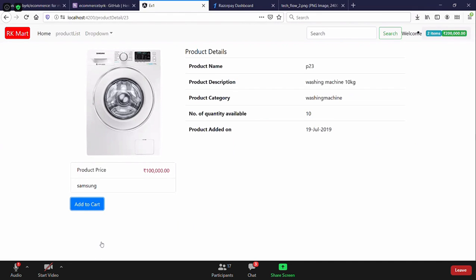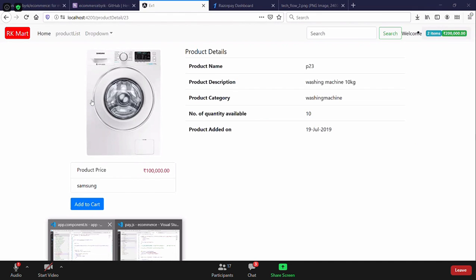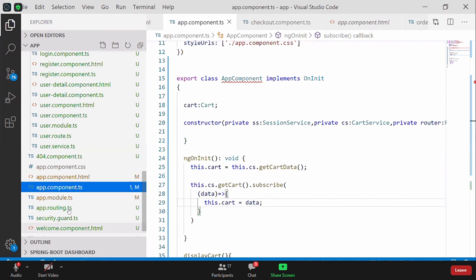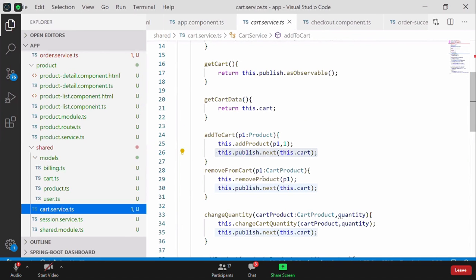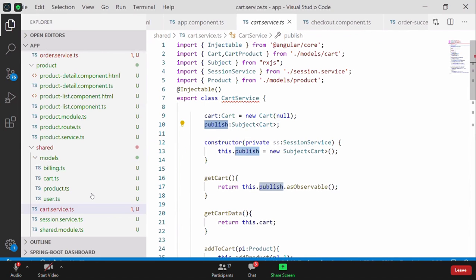So right now we are adding to the service, as well as we need to update the UI. So how do we get this automatic update, sir? What is the service we are having? Cart service. That is why I create one simple subject. What is one, sir? Publish, and I am sending the latest cart information to all the registered